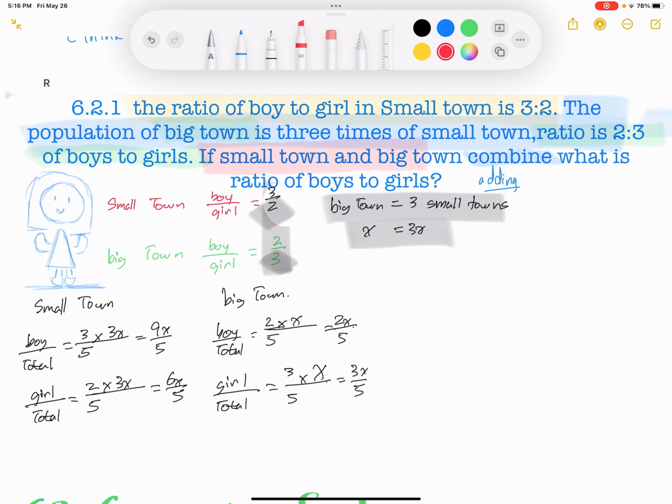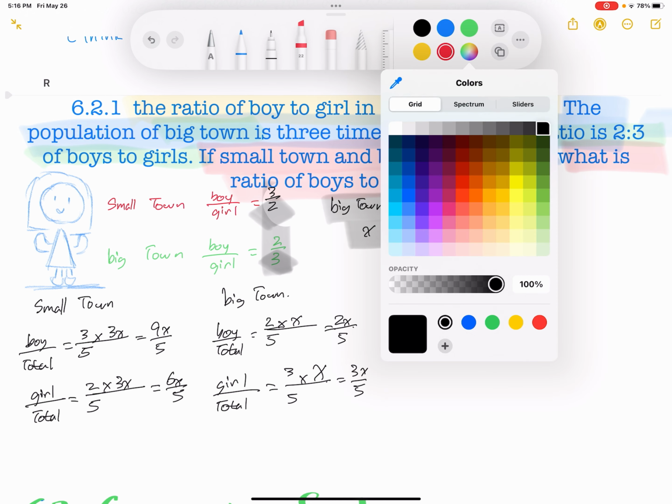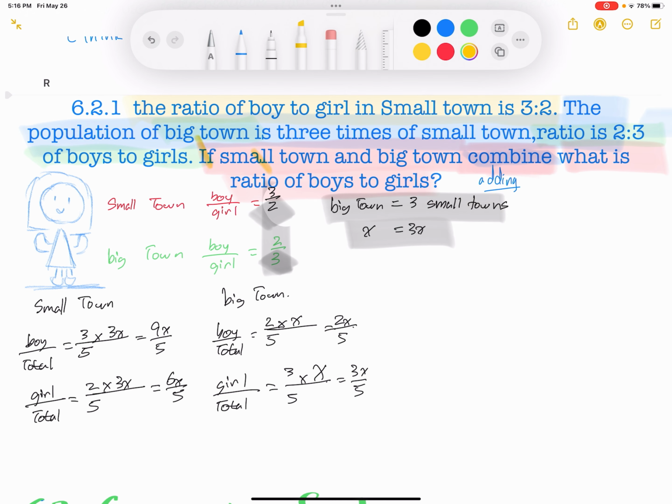If small town and big town combine, what is the ratio of boy to girl? Let's break that down a little bit more. The first sentence asks, if small town and big town combine. Okay, let's combine them then. We have big town and small town. Boys in big town and small town together is 9x divided by 5 plus 2x divided by 5 equals 9x plus 2x both divided by 5 equals 11x divided by 5 equals